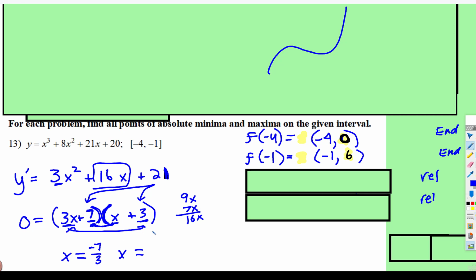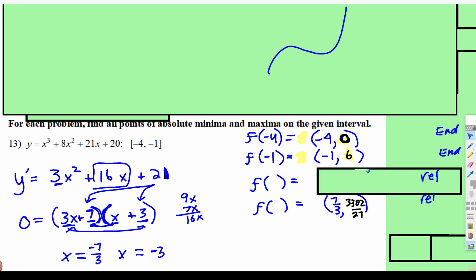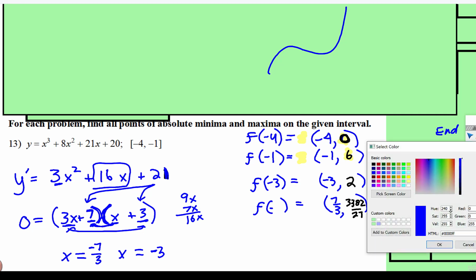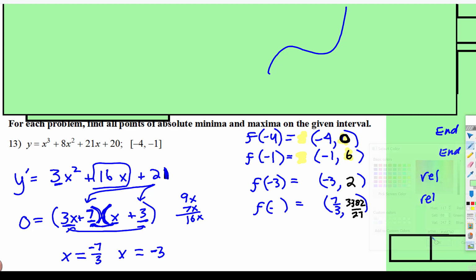And then where x is equal to -3, because the opposite of positive 3 is -3, you're going to plug -3 and -7/3 into the original. And so I did that. I did f of -3 and f of, ooh, yikes. My guess is I plugged in positive 7/3 instead of -7/3. So I'm actually going to cross that out. Okay, got that corrected. Now you can draw the diagram, but you can actually look at these values